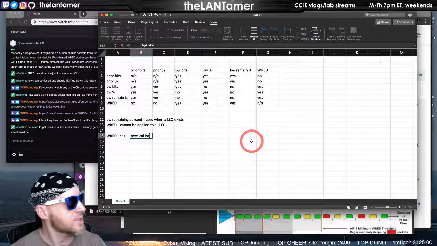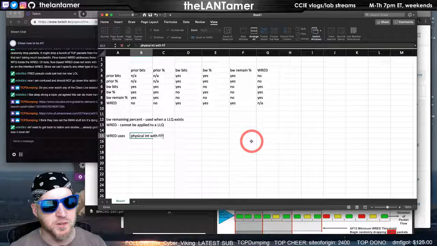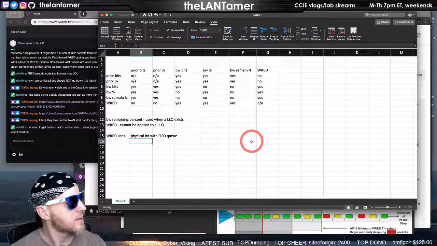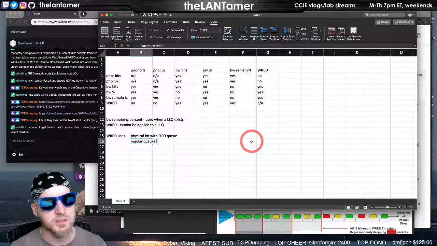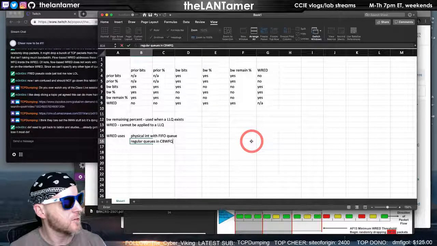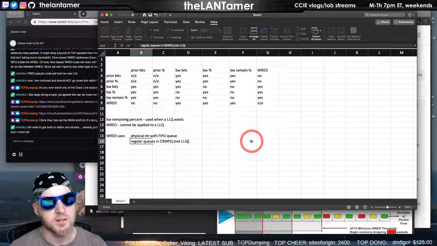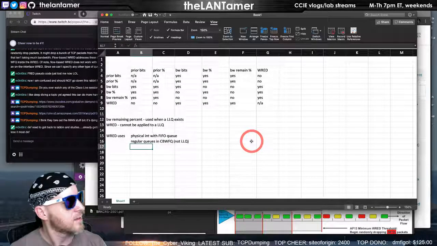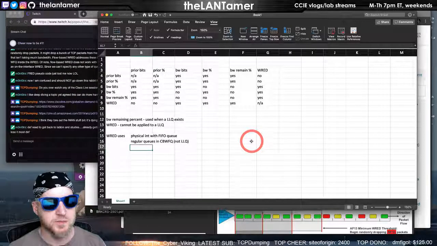Physical interfaces with the FIFO queue. Regular queues in CBWFQ. And ATM virtual circuit. RED is only useful.